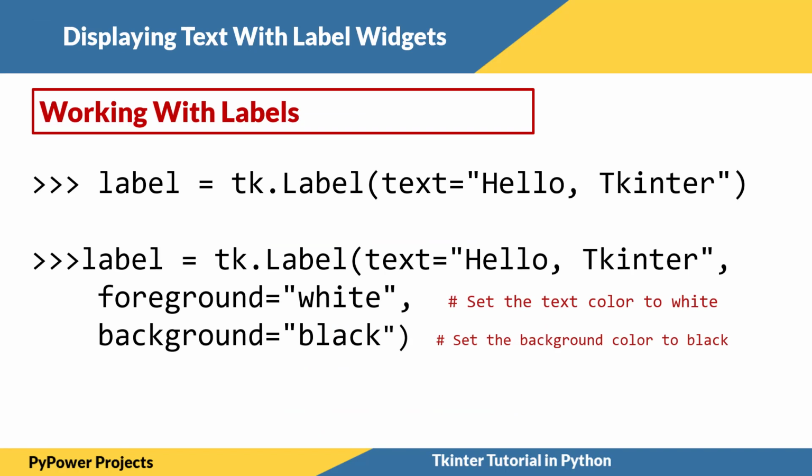Okay, so displaying text with label widgets, working with labels. So how will the label be there? label = tk.Label, text equals to "Hello Tkinter". The same thing, we have just a label, and you can change the background color and the foreground color, and you can manipulate it. So how? There are certain features like foreground equals, you can change it to any color, but this is the standard way. So label is tk.Label, text equals to "Hello Tkinter". You can write whatever your name is, and play with the background colors. The foreground color is the text color and the background color is the window color.